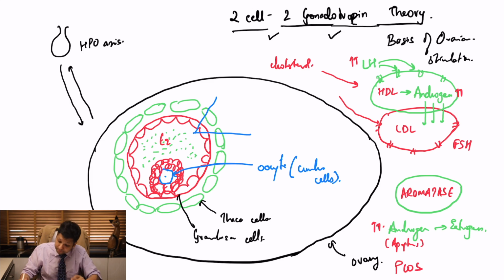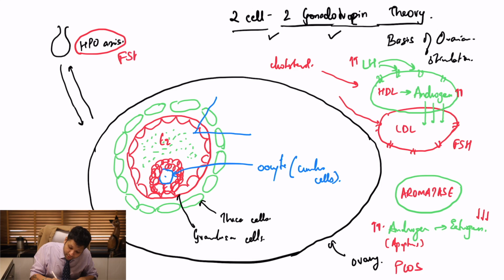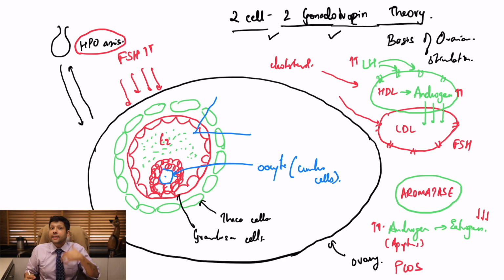Very simple theory. Simultaneously, when you inhibit the aromatase using aromatase inhibitors, automatically the estrogen levels which are present in the follicular fluid will go down, which will stop the negative feedback on the hypothalamus, which will increase the production of FSH, which will in turn stimulate more follicles to get recruited, and that is the mechanism of action of using letrozole, which is an aromatase inhibitor. Correct? This entire theory is very foolproof.